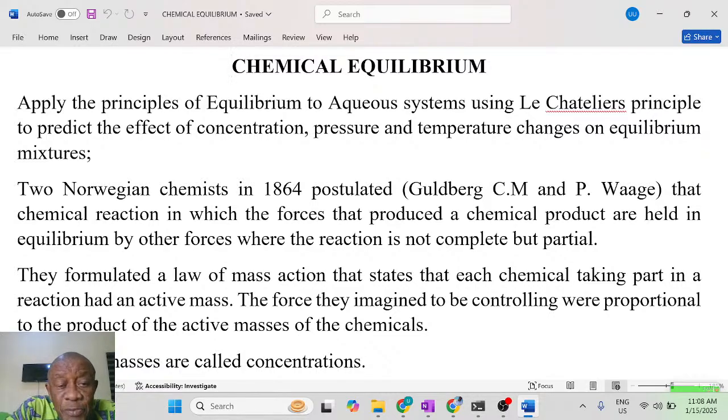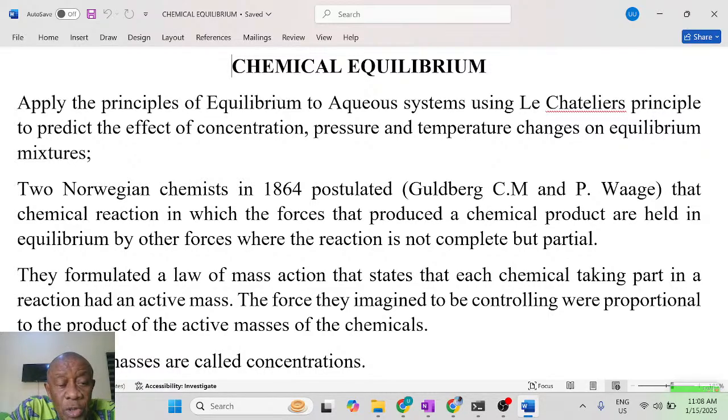Applying the principles of equilibrium to aqueous systems brings us to the Le Chatelier principle, which we have seen earlier in life. This principle is used to predict the effect of concentration, pressure, and temperature changes on equilibrium in a system